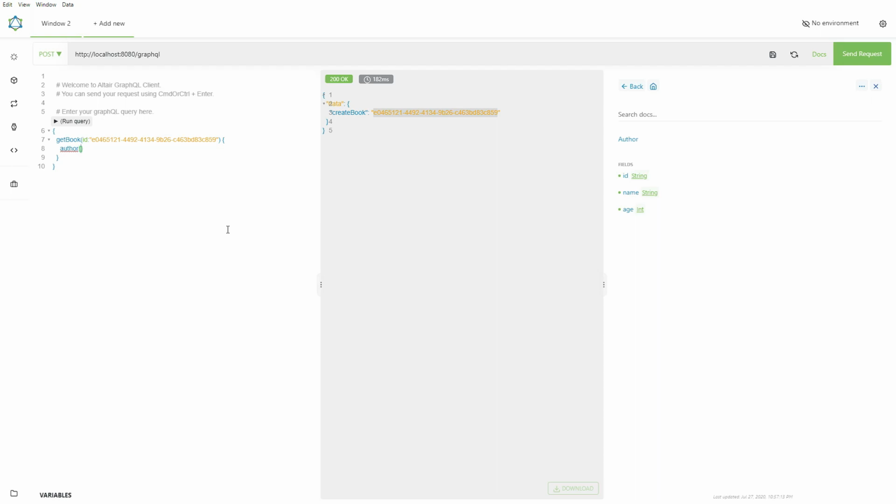For now I will fetch everything: ID, name and age, and let us run our query and see the result. As you can see, our author object is returned with this ID, the name my author and the age 40 that we initially stored in our database using the mutation.